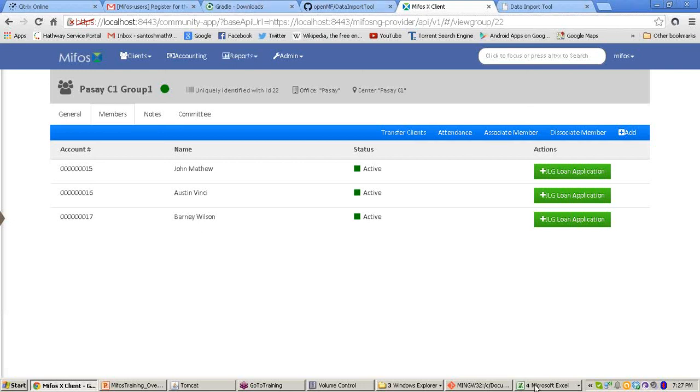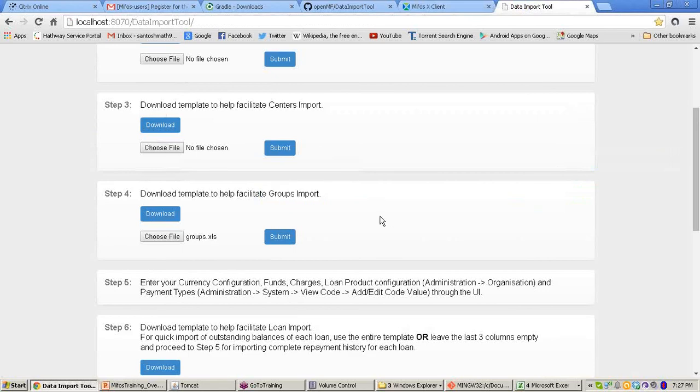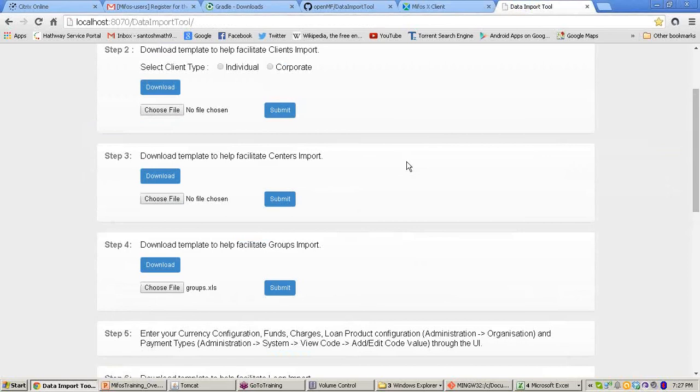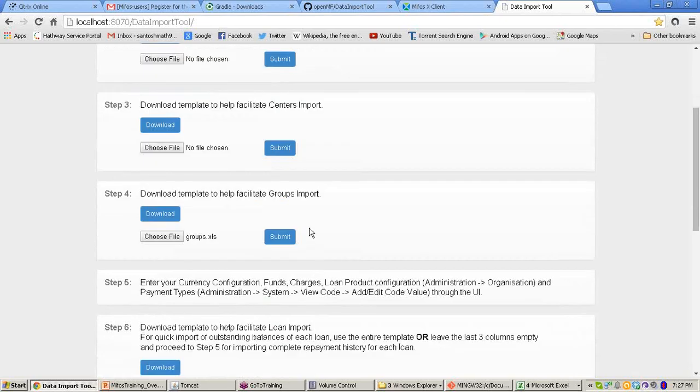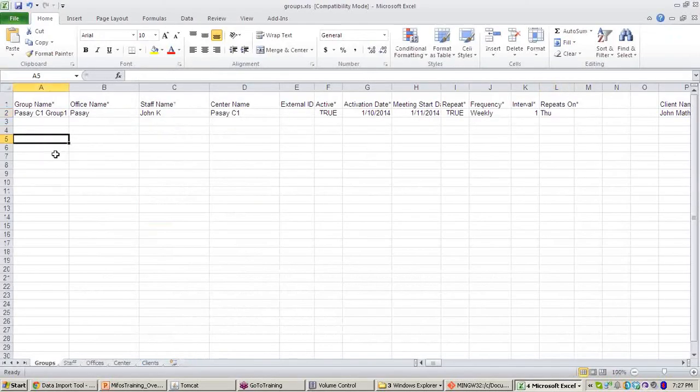Next we'll go for the next step. Groups import is over. Until now, in the first 4 steps, we have created the clients, the centers and the groups. Here are the files. In this way you can create any number of groups which are present in your MF files.